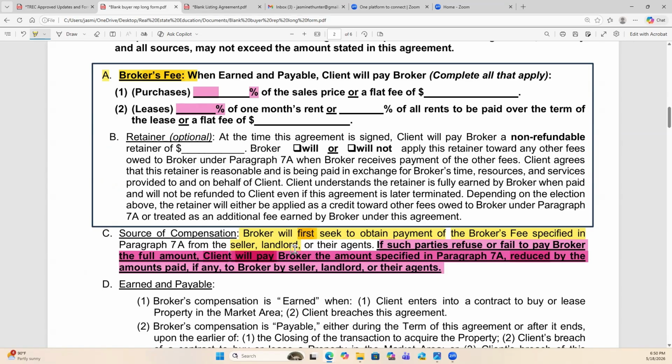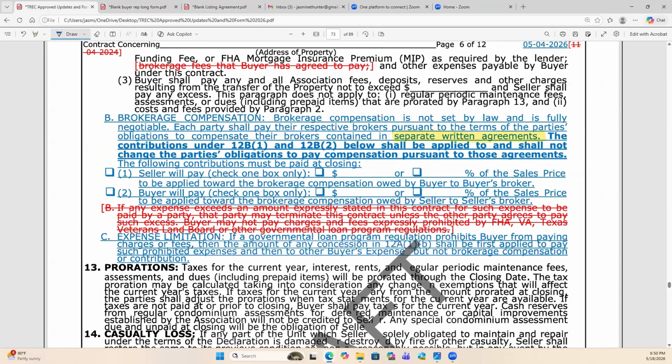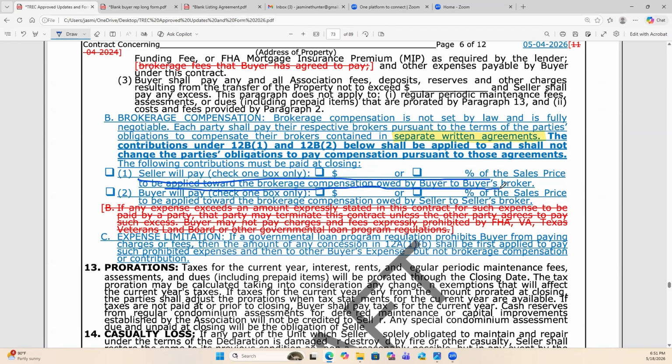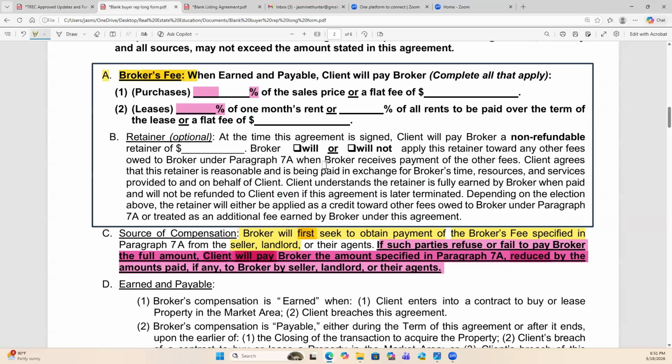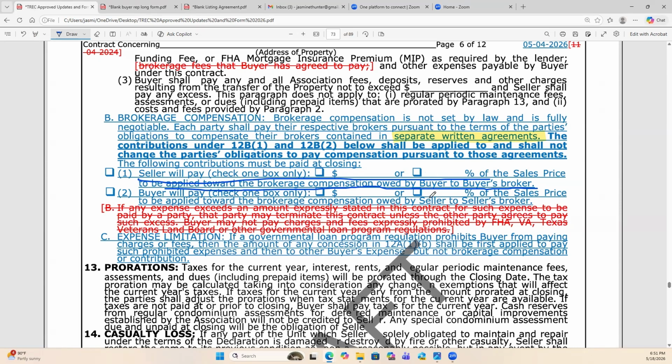So if in negotiations, I will buy 123 Easy Street for $500,000 and for the seller to pay my broker 3% of that, I need to discuss that here. Okay, because it specifically says seller will pay whatever percent, whatever dollar amount to be applied right here, to be applied towards the compensation owed by the buyer to the buyer's broker. Why is it owed? It's owed because it's over here. It's owed here that the buyer will pay this percent for the lease and this percent for purchases. But I'm first seeking it from the seller. The seller here is agreeing I will pay this amount towards that fee. So it's the same thing as it always has been.